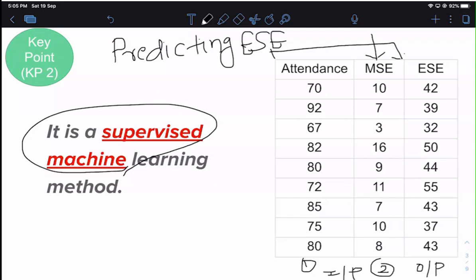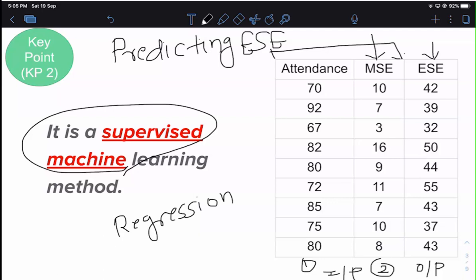Another term for regression: the dictionary meaning of regression is to estimate some quantity. So that is another definition of regression. Here we are going to estimate or predict the performance of students in the end semester examination from his or her classroom attendance and the mid semester examination. So I am taking this as the running example to explain various concepts of the linear regression technique.